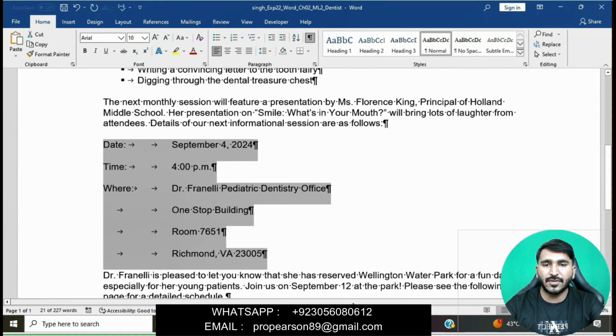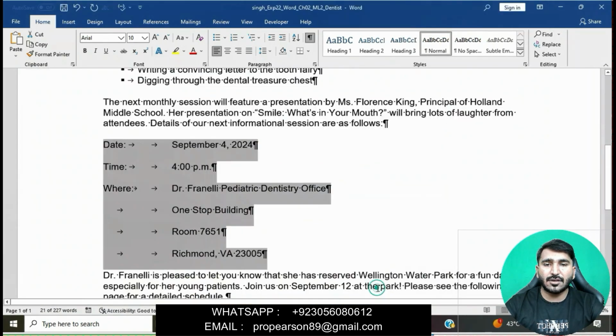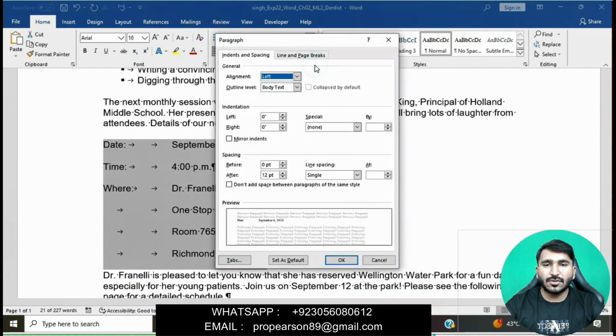Okay, we will select this text first and then go to the home tab. In the font group, simply click on italic. Italic will be removed on this text. Increase left and right indent to 1.25 and select paragraph spacing after 0 point. Okay, go to the paragraph, left and right indent to 1.25.